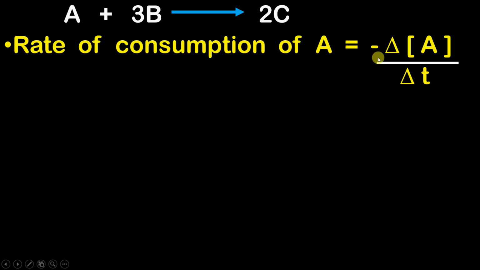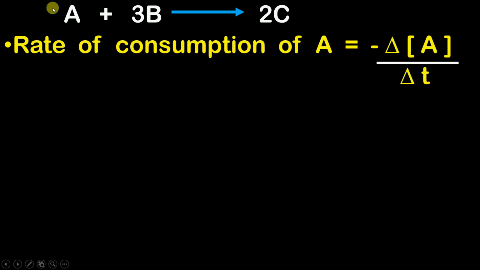Now over here, the rate is always going to be positive. Why is the rate going to be positive? Because rate is nothing but the mod of this whole thing. I have not written a mod over here because if I write a mod, you all will get confused. So rate is always going to be positive. Only this delta A, that is nothing but the change in concentration of A, is negative. So don't get confused. Rate is always going to be positive because rate is the mod of this whole thing.